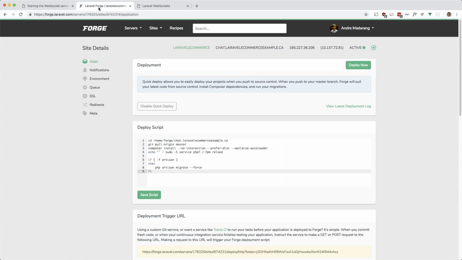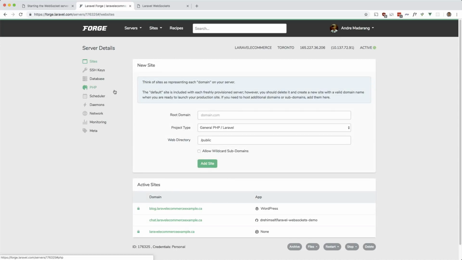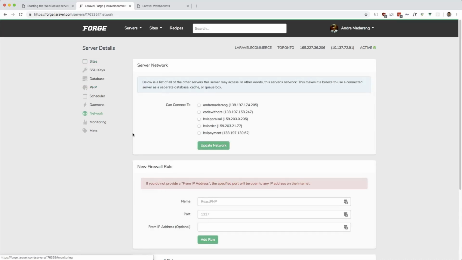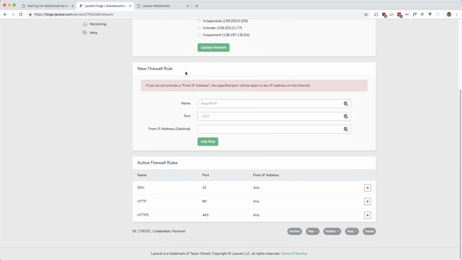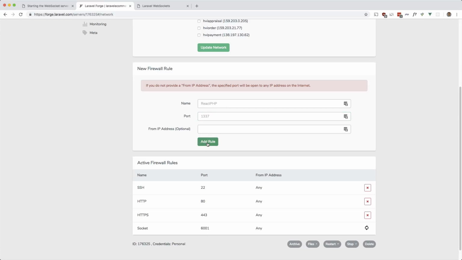If you go into Forge, and if you go into the server, which in my case is laravel-ecommerce, there's a section here for Network. And here is where you can set a new firewall rule. As you can see, these ports are open already. I'm going to make a new one called socket, port 6001, and add rule. And now